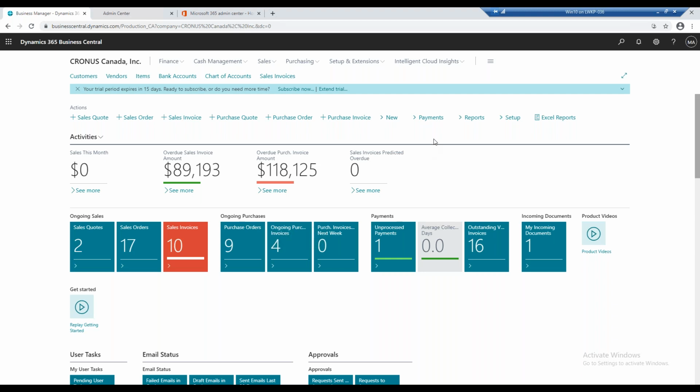Within the application, you have certain tiles on the home screen. We have certain activities we can see, such as overdue sales invoice amounts, purchase invoice amounts, things that are relevant to what your daily tasks are. You have certain actions you can show as well. You also have certain tables that you have access to as part of your role within the application. So basically what I'm going to do is go to the gears,